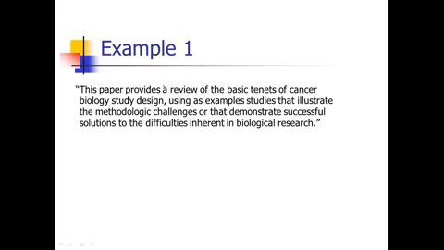So we'll go through this line by line. "This paper provides a review of." Well, that's a long way to say "this paper reviews," right? This is an instance where we've taken a nice spunky verb, review, and it's been turned into a boring noun, a review, and also paired with a boring verb, provides. So we can just change it to "this paper reviews." Then we get to "of the basic tenets of cancer biology study design." Well, "of the basic tenets" doesn't really add much for the reader. It's so vague that it doesn't help the reader understand what you're trying to say. So we can just get rid of basic tenets. So this paper reviews